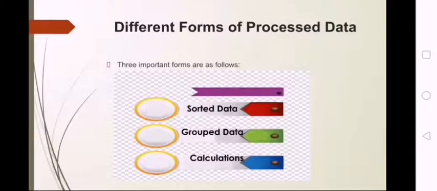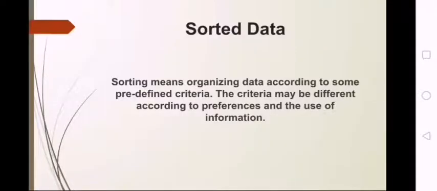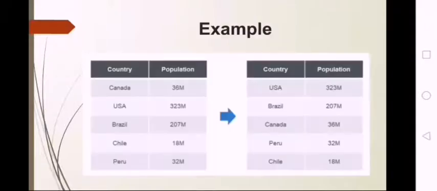Different forms of processed data are sorted data, group data, and calculations. The first one is sorted data. Sorting means organizing data according to some predefined criteria. The criteria may differ according to preferences and the use of information. And the example of sorted data,